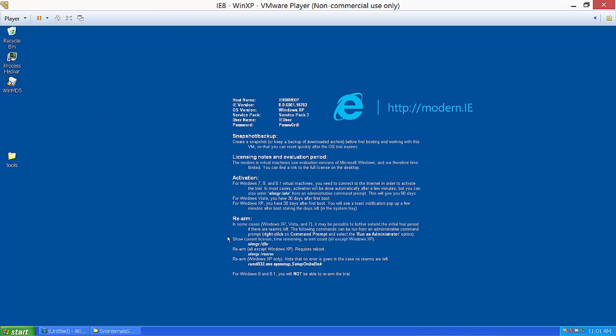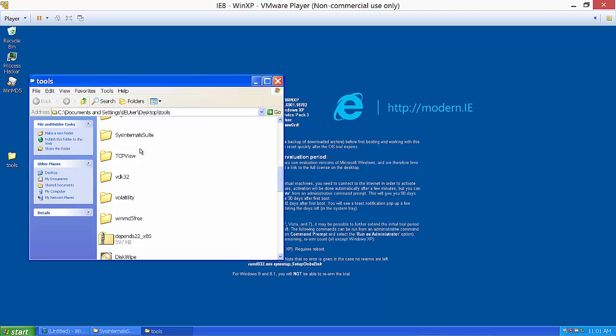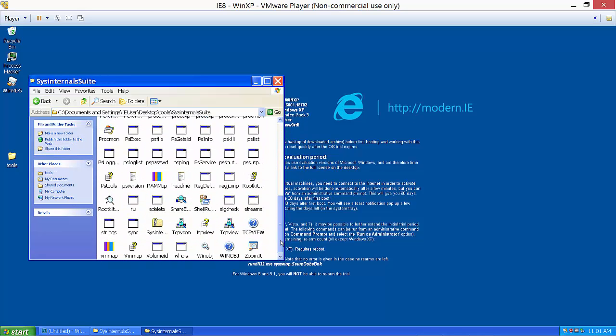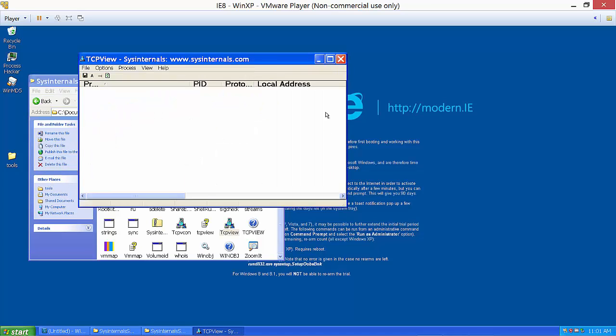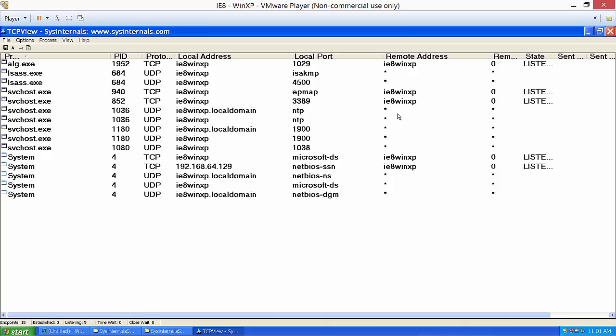The next step we are going to take is to start up a tool called TCPView from Sysinternals. Just going to maximize that one. The traffic I saw looked like it was some kind of beacon.